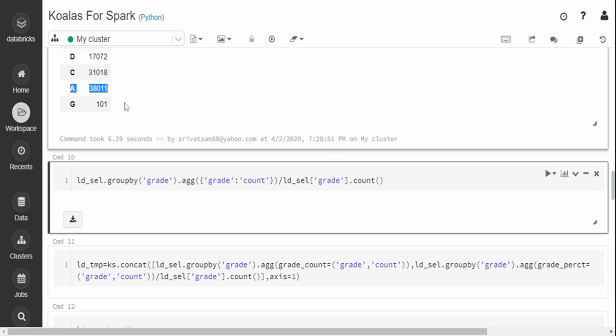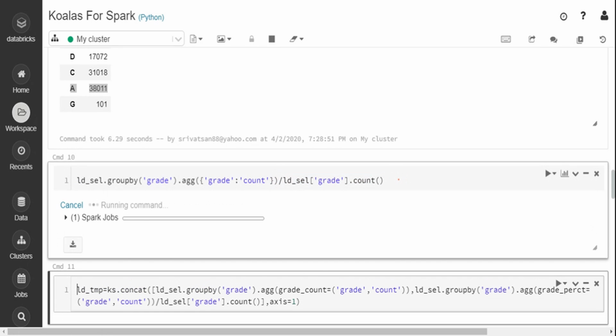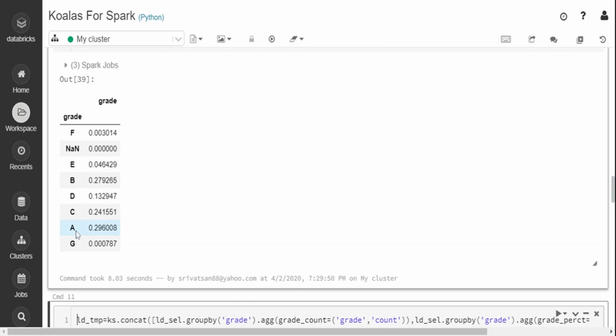Now that is one function I'm setting. The second function, I am just doing the same part. I am doing a count of grade, and I am dividing it by the total count. So basically I am taking the percentage of loans in each grade. It's the same function as the top, divided by the total. So this will give me, okay, A grade in terms of percentage, A grade has 30% of accounts, B grade has 40% of accounts, or whatever it is. It will give that output. If you see the output, it says 29% of my customers are in A grade accounts, 27% of my customers are in B grade accounts, and 24% in C grade accounts. Pretty similar to the Pandas command, and you're getting the output.